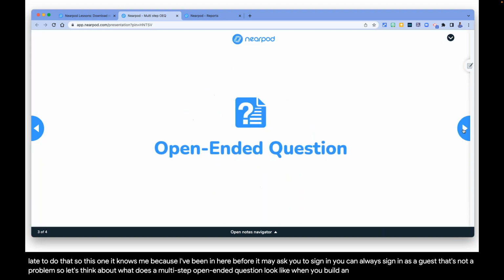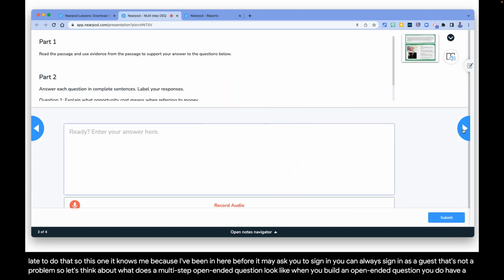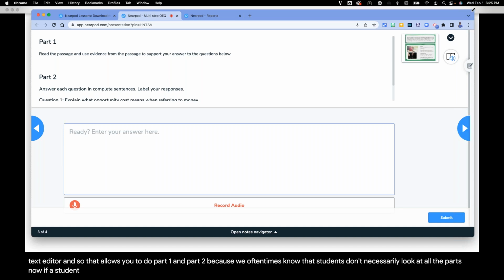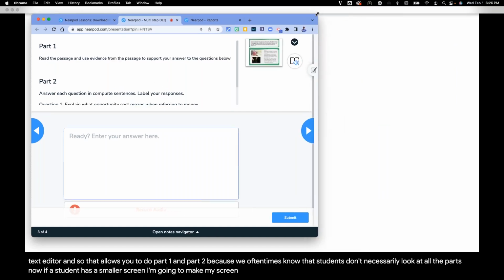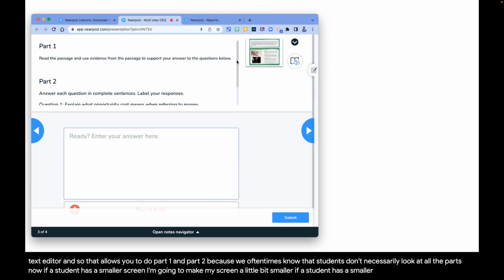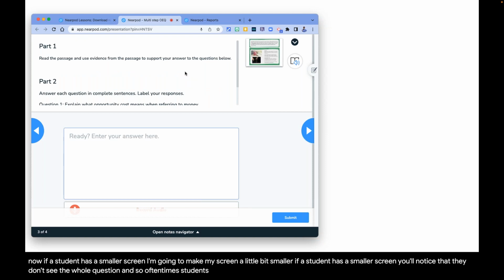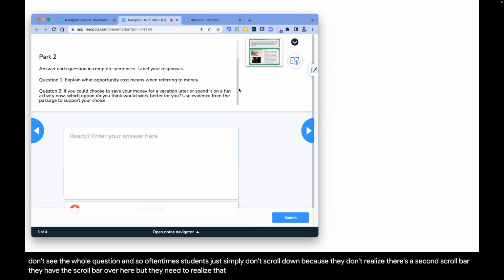When you build an open-ended question, you do have a rich text editor. And so that allows you to do part 1 and part 2, because we oftentimes know that students don't necessarily look at all the parts. Now, if a student has a smaller screen, I'm going to make my screen a little bit smaller. If a student has a smaller screen, you'll notice that they don't see the whole question. And so oftentimes students just simply don't scroll down because they don't realize there's a second scroll bar. They have the scroll bar over here, but they need to realize that there is a second scroll bar where